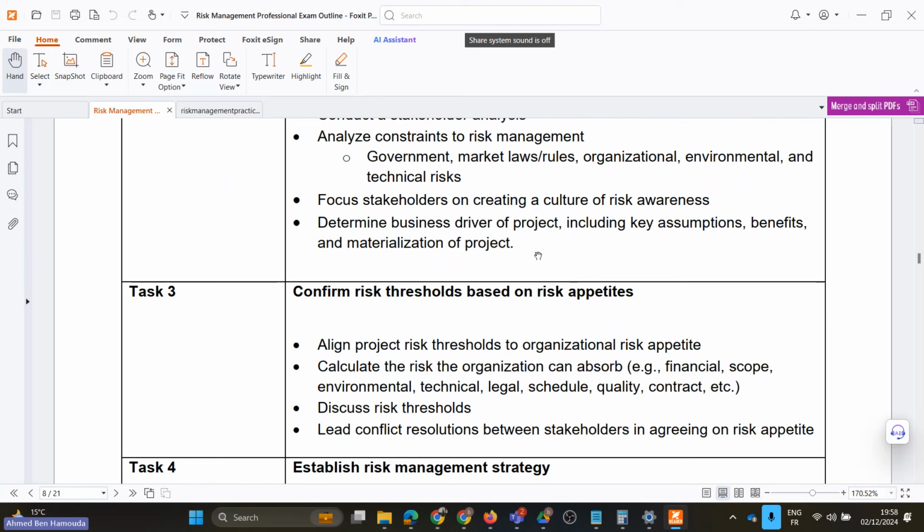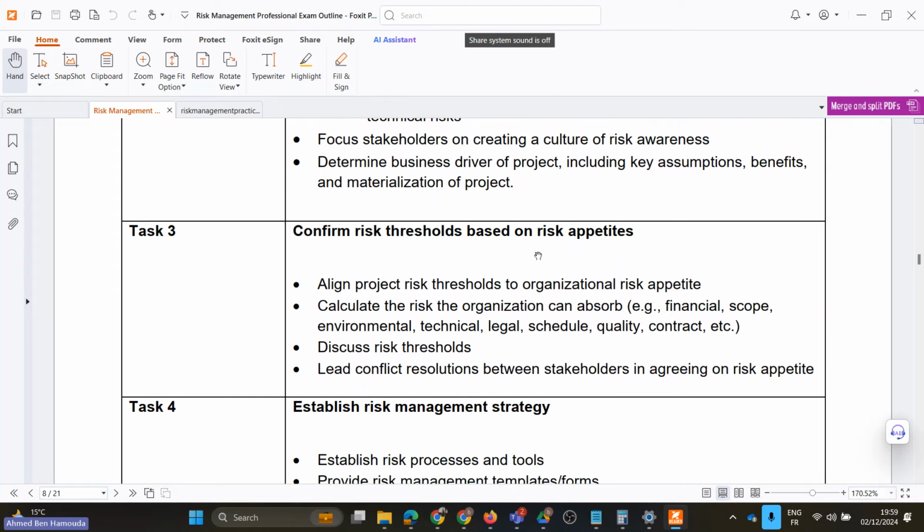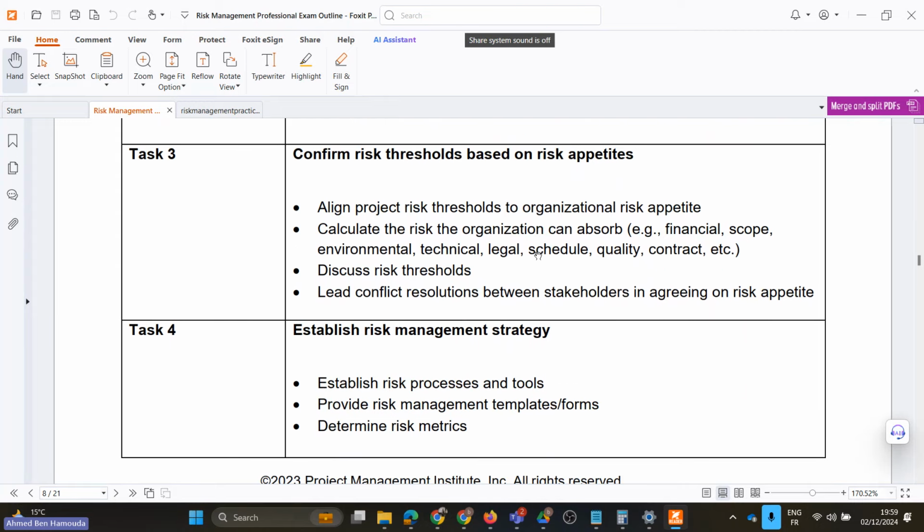Only those risks with a trigger and with an important, I wouldn't say a significant probability or impact, but which qualify for qualitative analysis before even moving on to quantitative analysis. Only those risks which qualify for qualitative analysis and with reliable data are actually considered as part of the project risk management plan. Okay. Now, task 3 in this first domain is about confirming the risk thresholds, of course, based